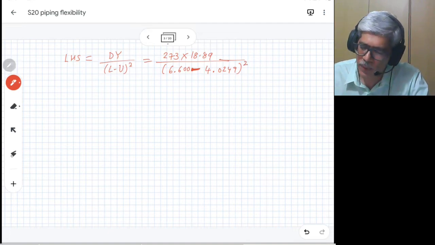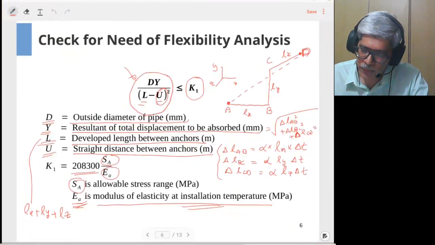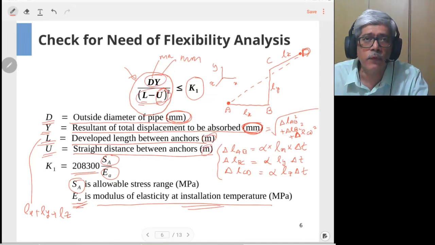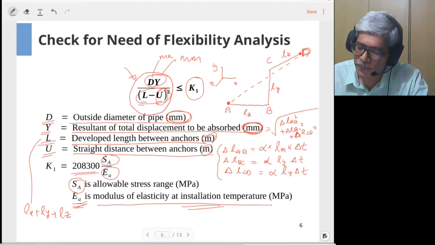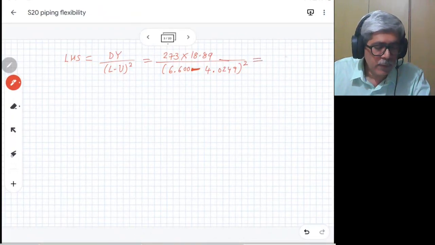In this case, the particular units need to be followed. So if you look at the formula, the units are mentioned there. So you have to be careful about the units that you need to follow. So d and y both are in millimeters, whereas the denominator values are in meters. So just be careful to follow this unit system, because otherwise you will get a wrong answer. Okay, so we get the left hand side value as